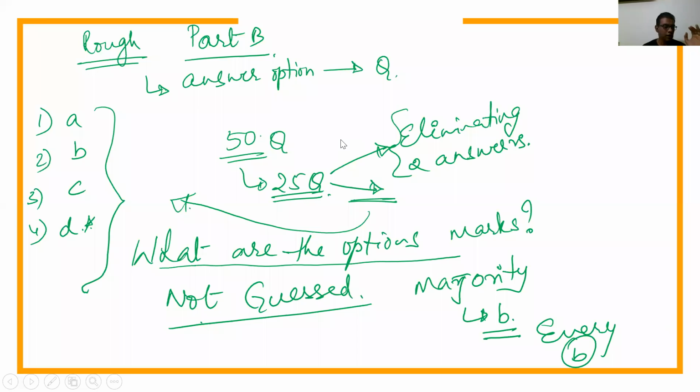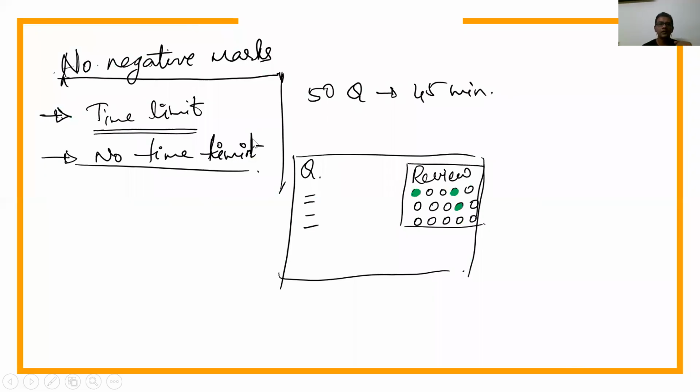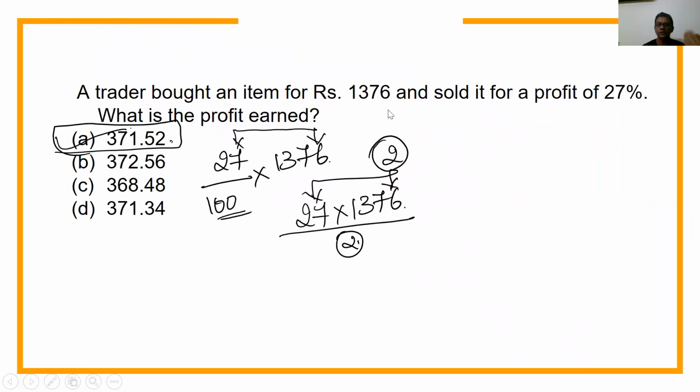Okay, so let's assume that I am creating a question paper for 50 questions. So I create the first question. Now I have to put the answer options A, B, C, D. I have to give you three wrong and one correct answer option, correct? Now, where do I place it? Let's assume that this is the question. Now I have to give you one correct answer and three wrong answer options. Where do I place this one correct answer? Where I place it for the first time, typically, that is the position that I continue placing.